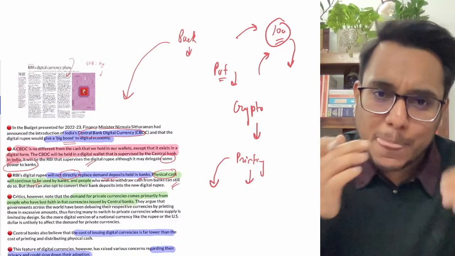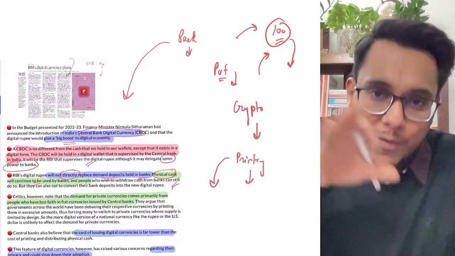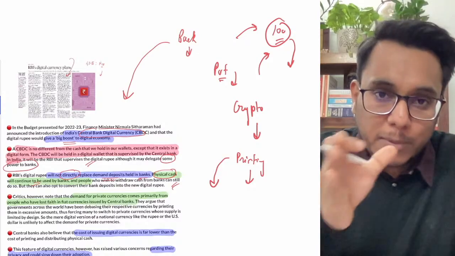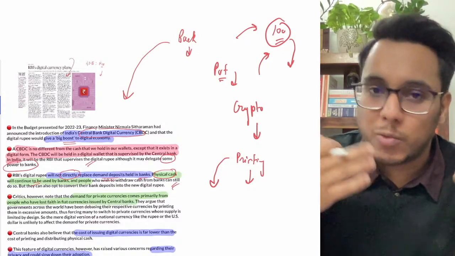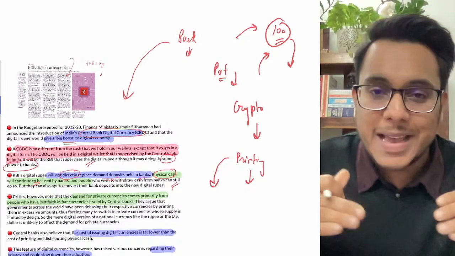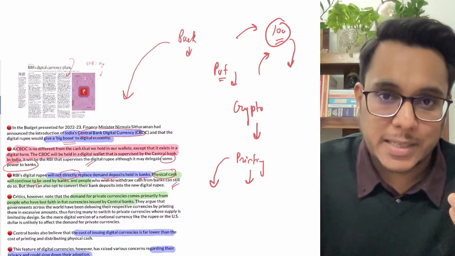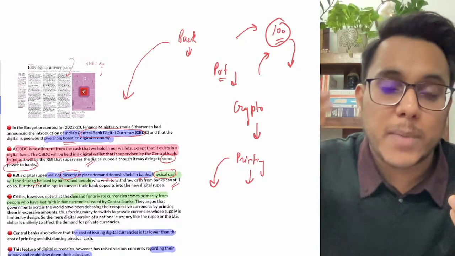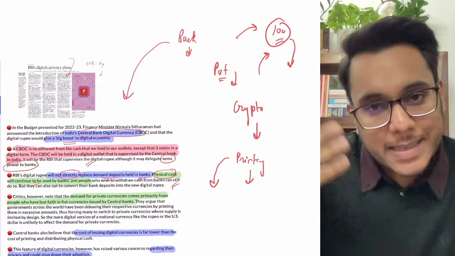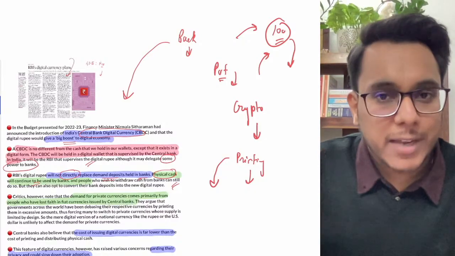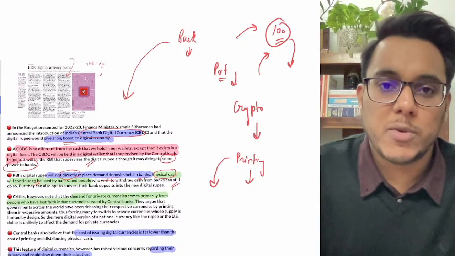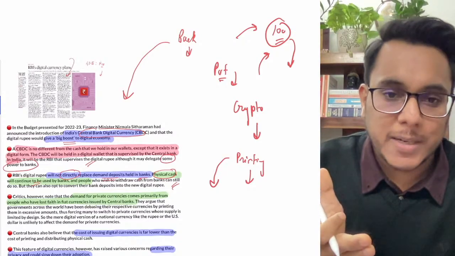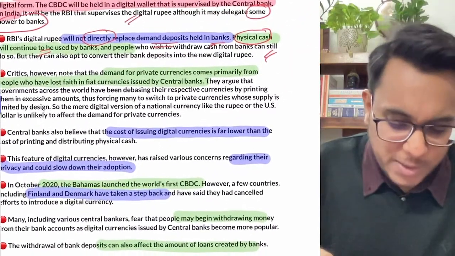So because of this, the Reserve Bank of India believes that if we come out with a digital currency, people might shift from cryptocurrency to that digital currency. But I don't find any reason why that will happen, because cryptocurrency's value appreciates. Is it clear? If you put money in cryptocurrency today, its value will appreciate later if more and more people buy the cryptocurrency. But the rupee is just a static thing. Whatever the value of your physical rupee is, the same value will be of the digital rupee. So I don't see why people will shift from cryptocurrency to digital currency. However, the bank believes it. Okay, so let's take it.